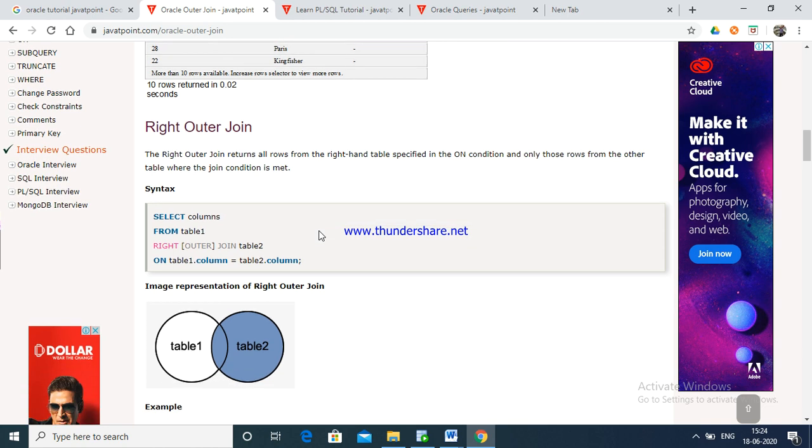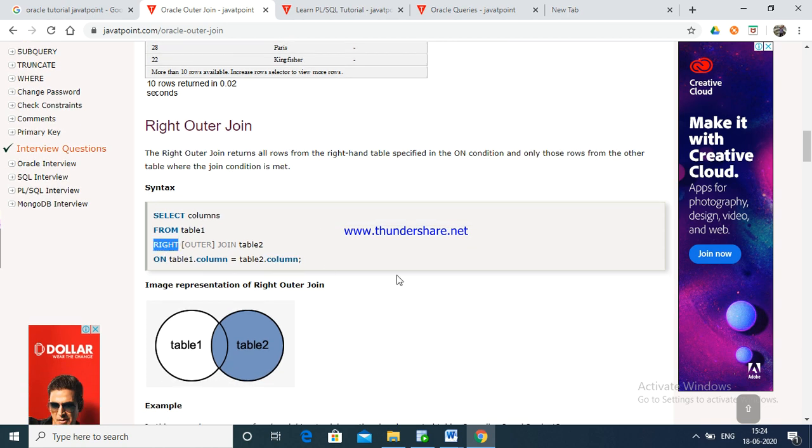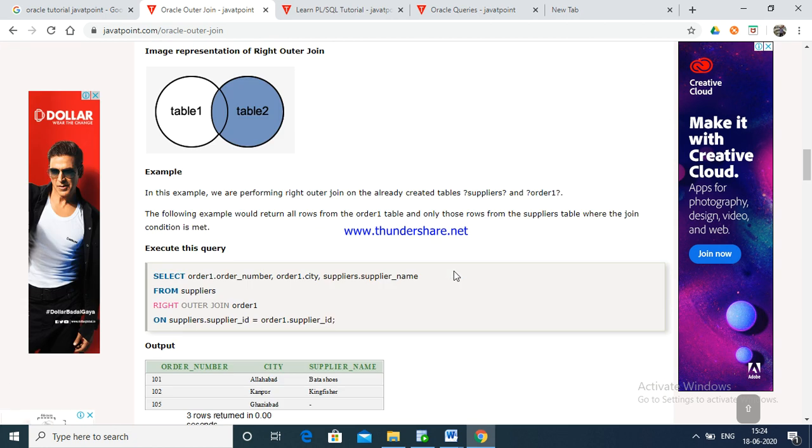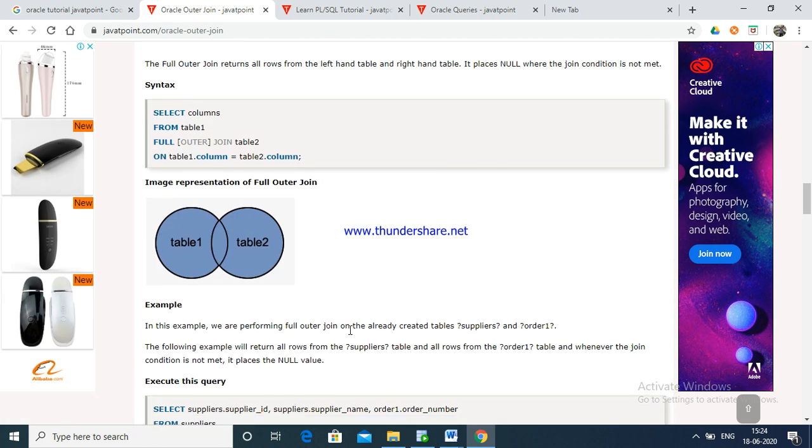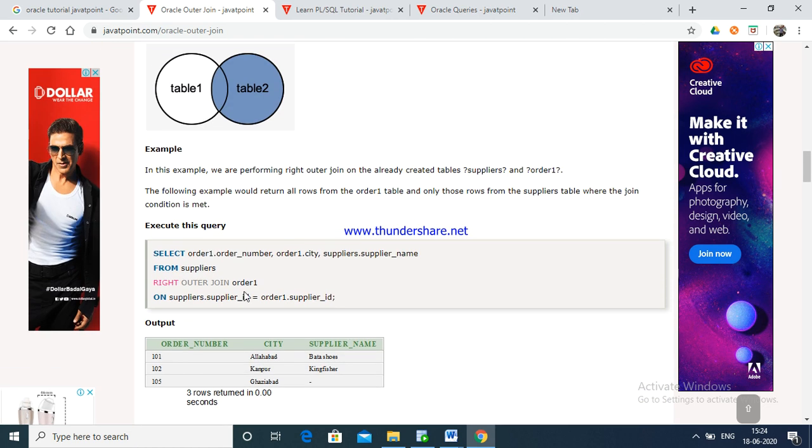Now we are going to use right outer join. See here, this is a table, right outer join.